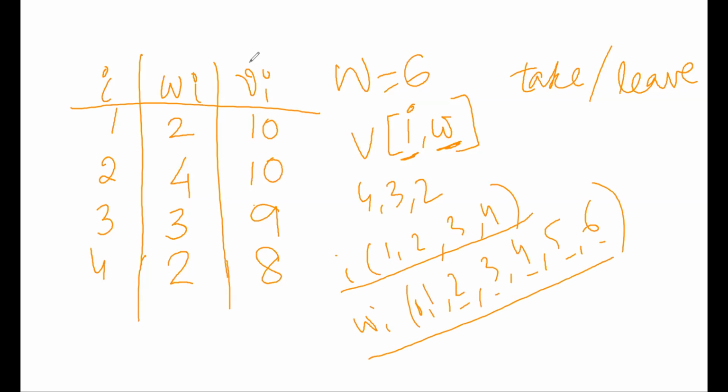So when I create a 2D array with i and w, I need to know the values in all the combinations of i and w. And I fill them up in a bottom-up fashion. I'll explain what that bottom-up means in case of Knapsack. Then only I can get the result properly. So let's go back to the